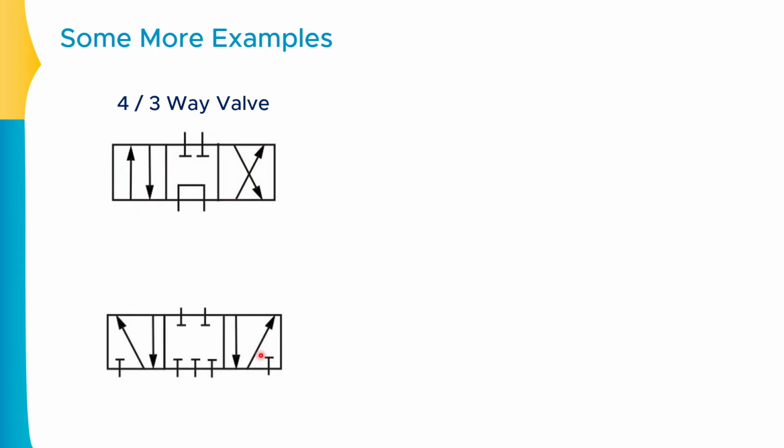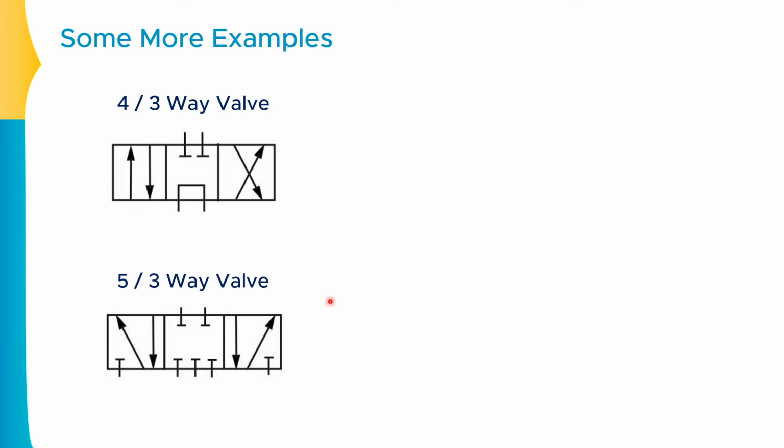Second example, over here once again I will take the first square. As you can observe, this is the first point, the second point, then the third point, the fourth point and the fifth point. There are a total of 5 openings or 5 ports available, and there are a total of 3 positions because there are 3 squares available: first square, second square and the third square. So we can say that this valve is the 5 port 3 position valve, or we can say 5/3 way